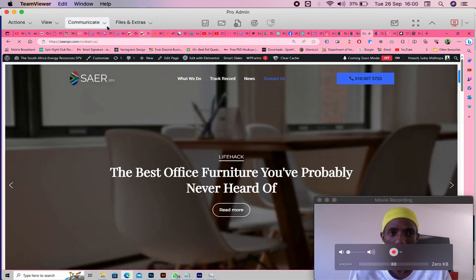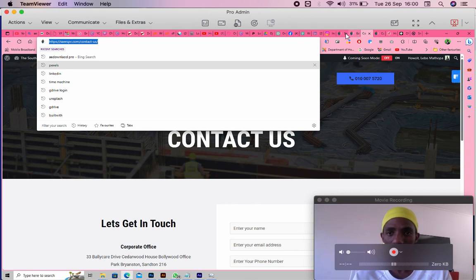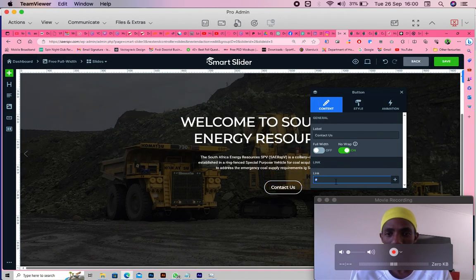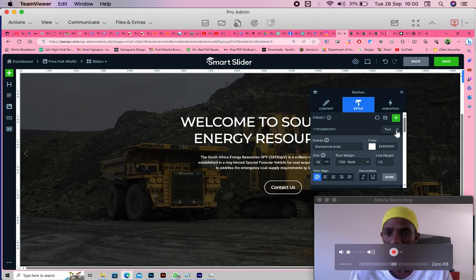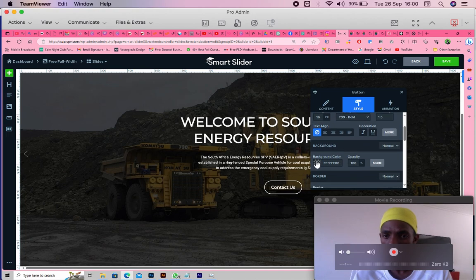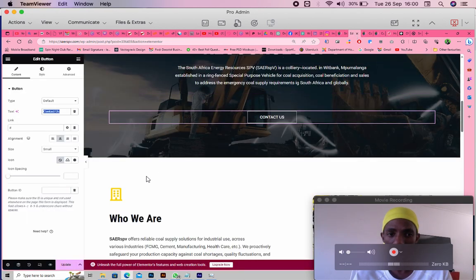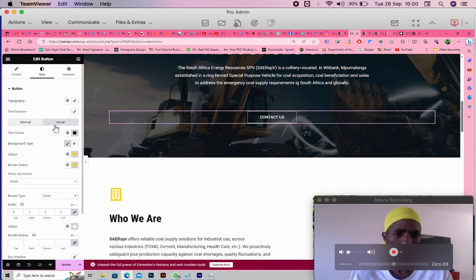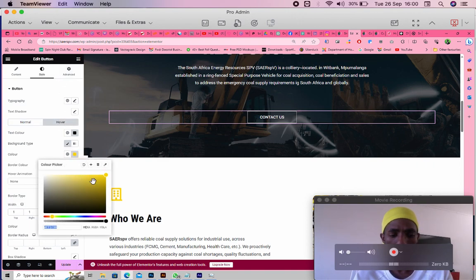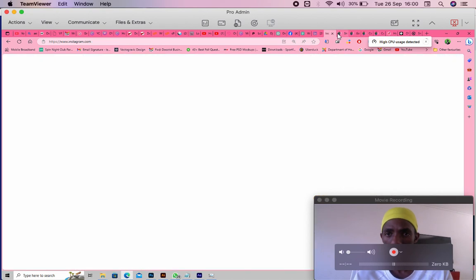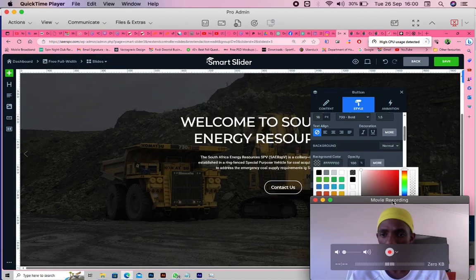Let me click on contact us here. I'm going to copy that link. I'm going to paste that link right in here where it says link. And we're going to click on the style. Then we're going to click on hover, so that when you hover on the button, it gives you this color. What color do we want? Let's jump back into this button here, and that's the color we want here. Click on hover, this gold-like yellow. Let me click on that, excuse me,